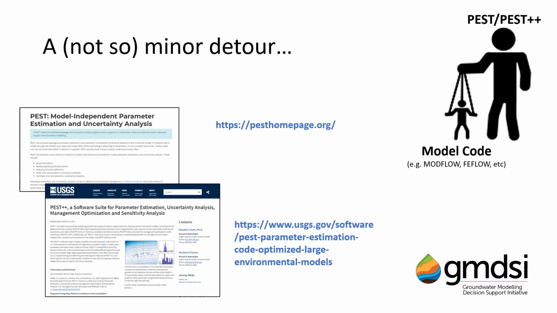Both PEST and PEST++ can be used with any modeling software, as long as that software can be run from the command line and can read input from and write output to external files, normally ASCII or text files. Thus, they effectively are wrapped around the environmental modeling software, or in our case groundwater modeling software, and manage all of the assignment of parameter values as well as reading outputs and comparing those outputs to measured data or field data, subsequently deciding what new parameters to adjust and by how much, and carrying that out. So essentially automating much of the process that I just described in the previous slide.